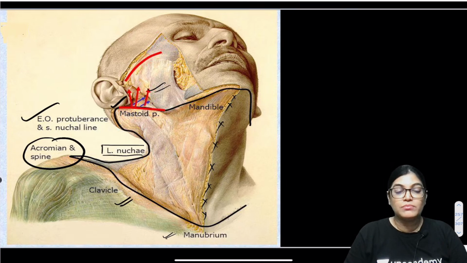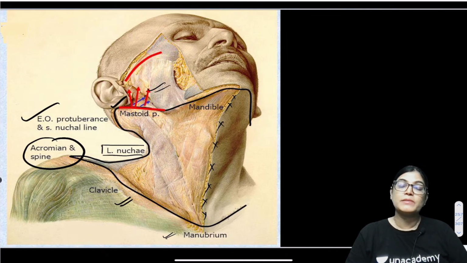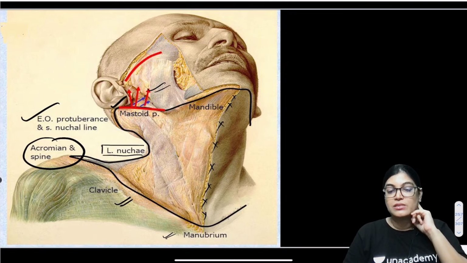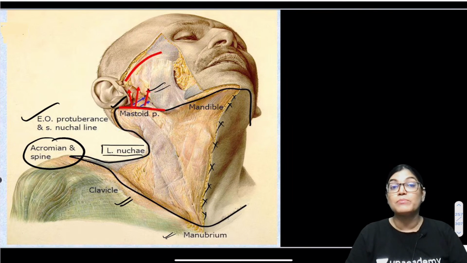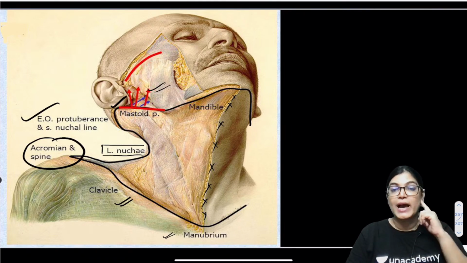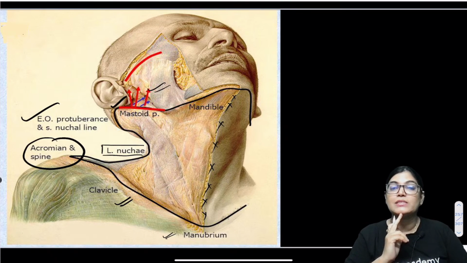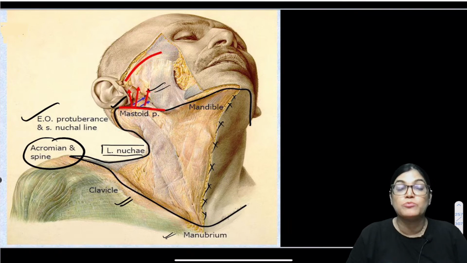As we move from behind to forward, starting from the posterior protuberance, external occipital protuberance, nuchal line, mastoid process, also to the external aspect of the external ear, that is the cartilaginous part of the external acoustic meatus, zygomatic bone, then the mandible lower border till the level of symphysis menti, meeting with the other side deep cervical fascia in the midline, and on the lower aspect it is attached below to the